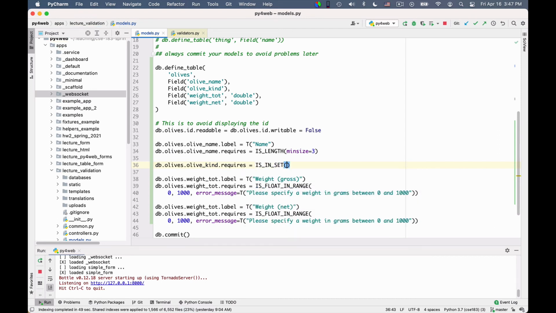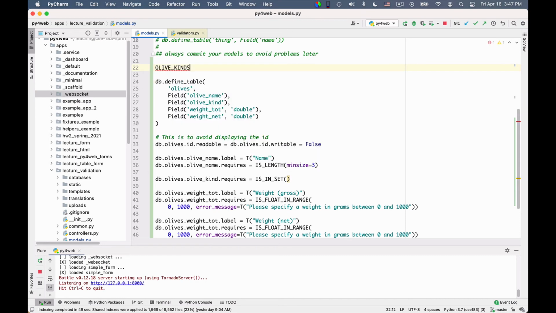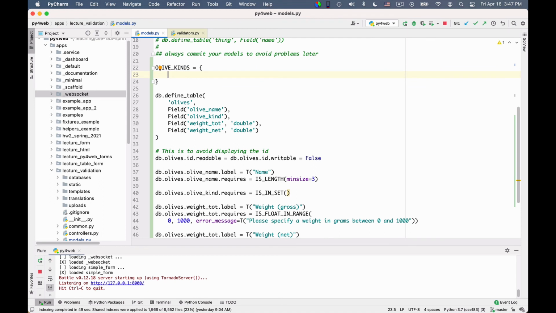And for beauty, I want to define my olive set once and for all, perhaps here at the top, like olive kinds, and I want to define it as a dictionary that maps the database content, which can be, for example, a single character or a short string, to what is displayed to the user.